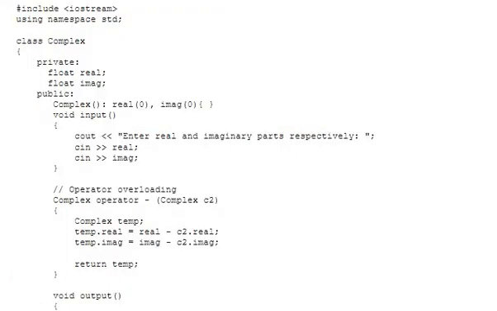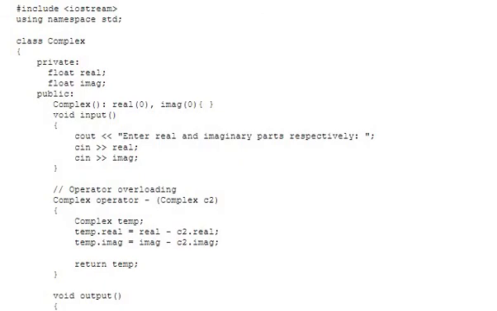Now look at this program where we overloaded the binary operator minus. Class name complex. So look at the operator overloading definition where we use complex C2. No confusion regarding C1, C2, C3 or anything like that. Just observe how many arguments we are passing.